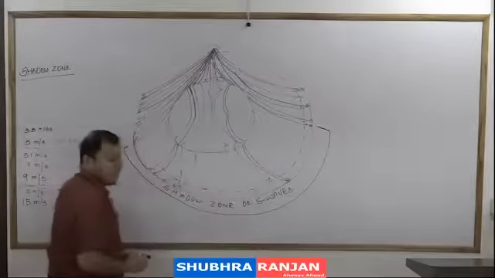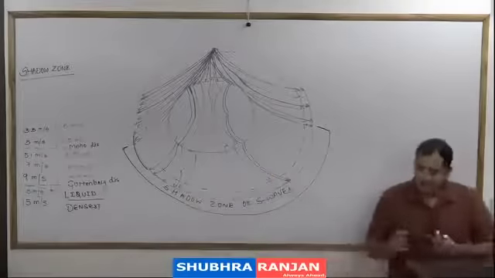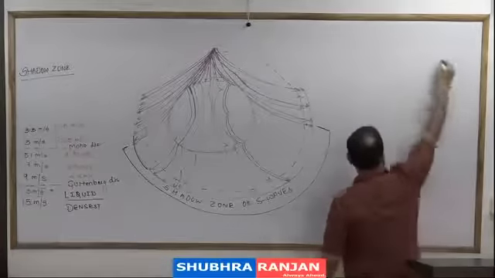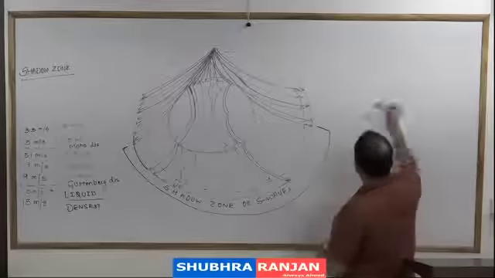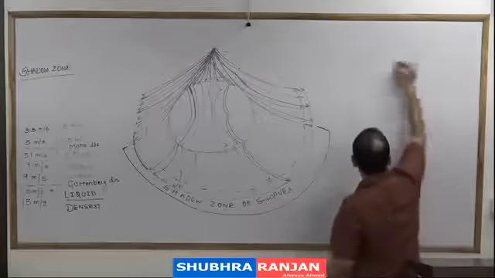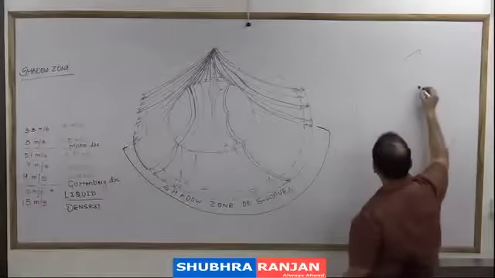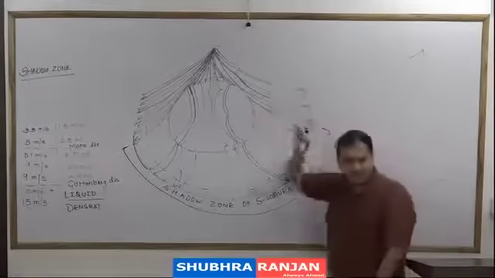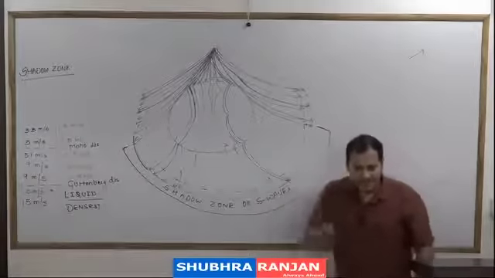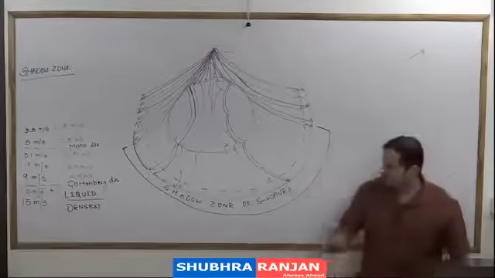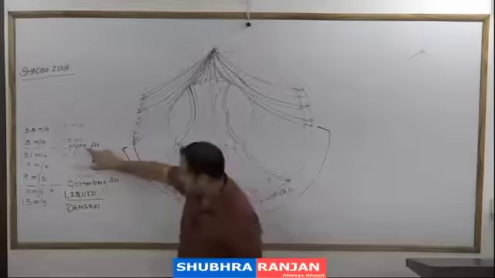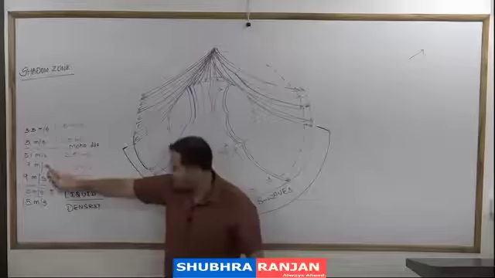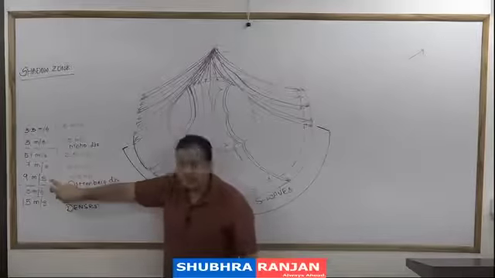So based on this, why we say they are the best sources to study the interior of the earth? Because based on this, we divide the interior of the earth, the same diagram, on the basis of velocity into crust. And the crust is further divided into upper crust and the lower crust. Uske baad, then we call the next area as the mantle. And the mantle is further divided into upper mantle and the lower mantle. The difference between the upper mantle and the lower mantle is this region. This is the upper mantle wala region, which is further divided into asthenosphere and the lower part of upper mantle. And then we have the lower mantle.